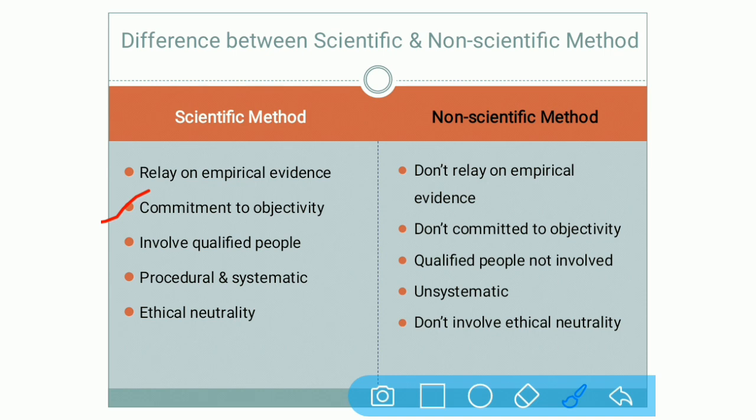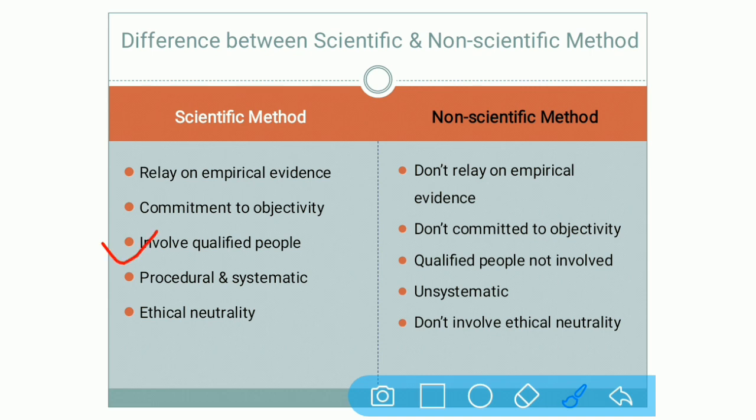So these are the main goals. You have to check the satisfaction, you have to check the problems, as well as the requirements, while they are using the mobile phone. But there is no objectivity when we talk about the non-scientific method. Here there are no targets. Why? Because we are only accepting things as they come across us directly. Whatever is said by our parents, by relatives, by friends, by anyone, we are directly accepting it. There is no target, no aim, no verification, nothing else.